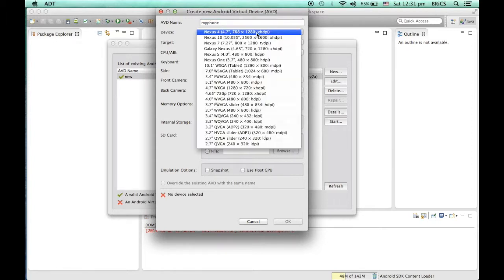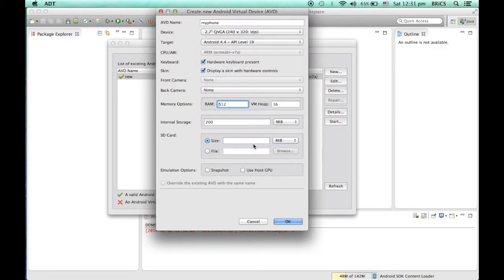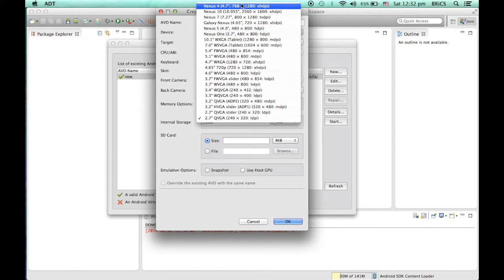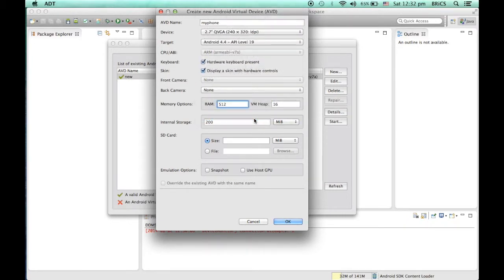You need to select a device. Here you will find many devices, but what I would suggest is to select the smallest device, because to run Android software you need a big memory and a good speed processor, but your computer is already running an operating system and lots of software. So if you select a heavy phone, it will run very slow and it will irritate you.